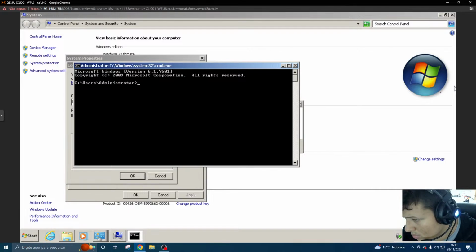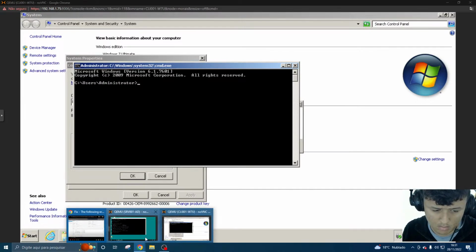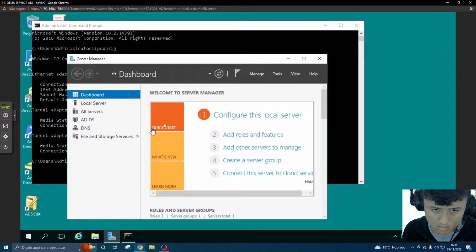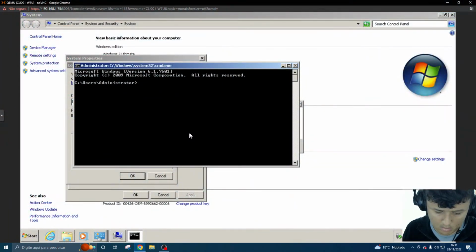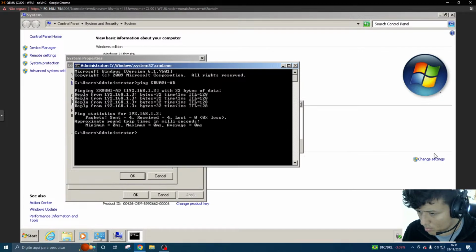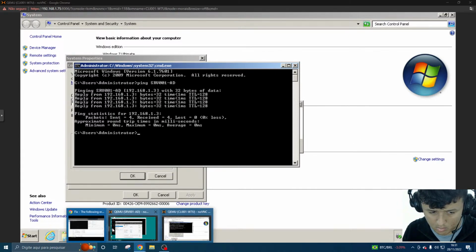So I can actually try to also start the command prompt as well, and then ping the Windows 7